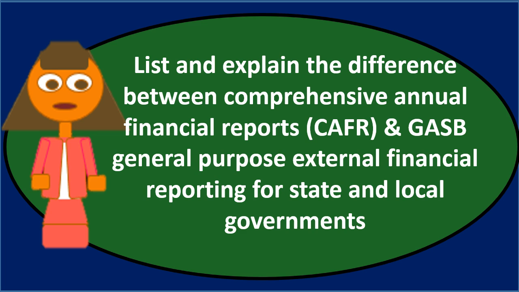We have the introductory material from the entity's management, such as the transmittal letter, organizational charts, and awards. Then we have financial statements, including the financial information required by GASB. That's where some of the similarity will be between the two. And then we'll have statistical information, such as demographic information about the entity. So when you think about the CAFR, you typically want to think about those three categories: the introductory material from the entity's management, the financial statements, and then the statistical information.